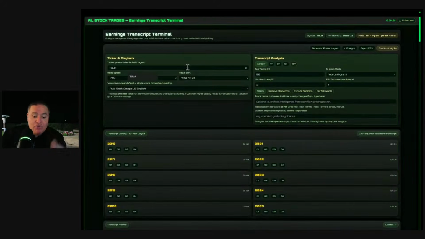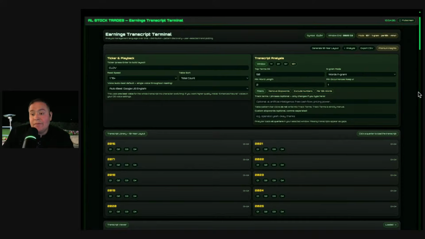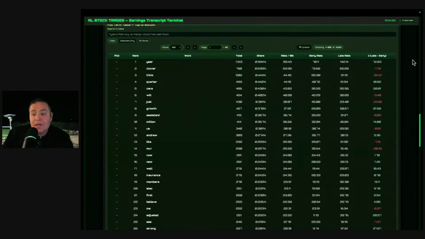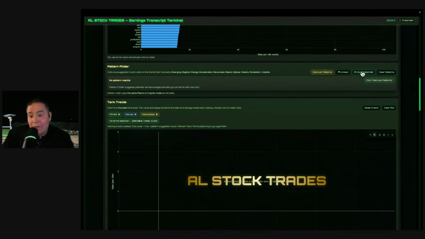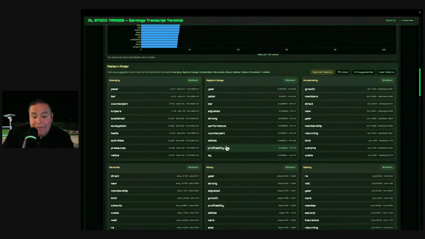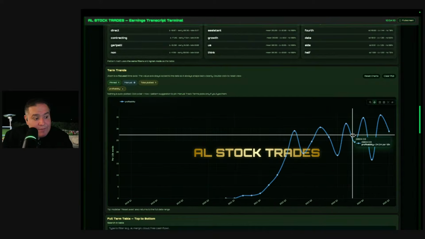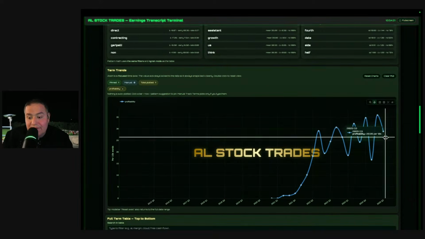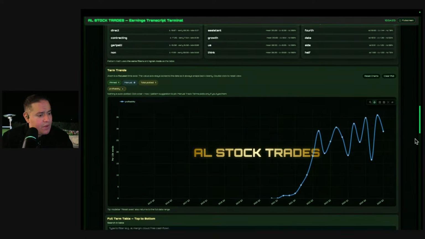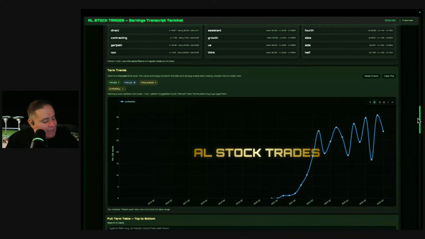Went ahead and showed you that if you analyze Clover's language, you can see from the perspective of using quantitative text analysis, without a doubt, that the word profitability has been used a lot. Look at the times they've used profitability. This is the history of Clover. Look how many times they've used it. It literally shot up. They are about to break to profitability. They're about to become a triple dragon. The only issue is this has not been documented with any other stock because this is information they don't want you to know.